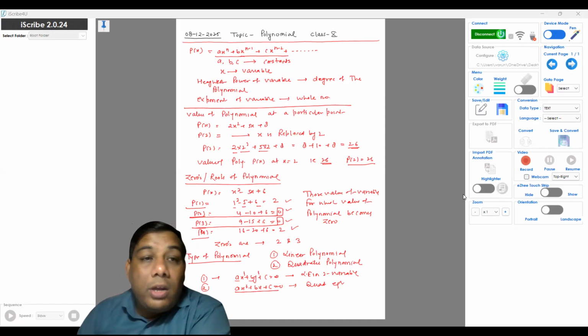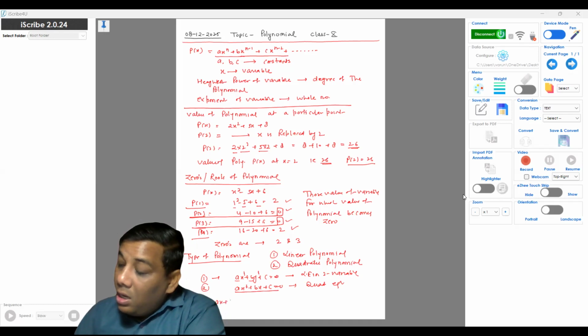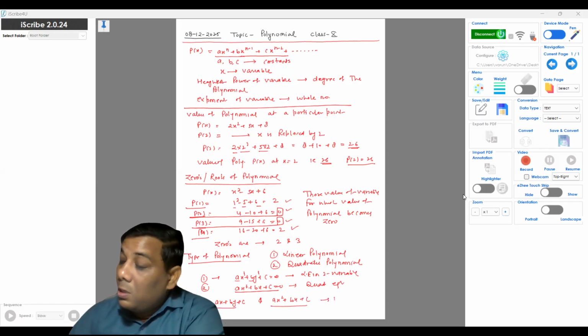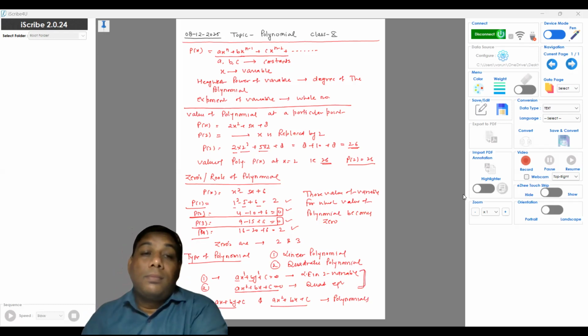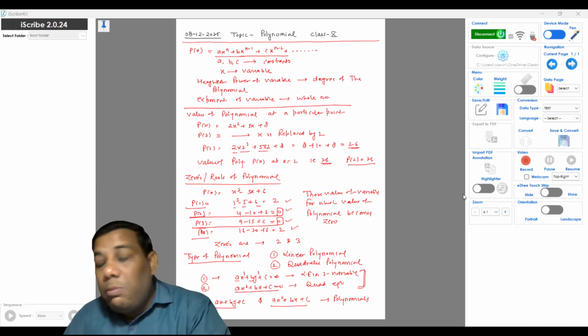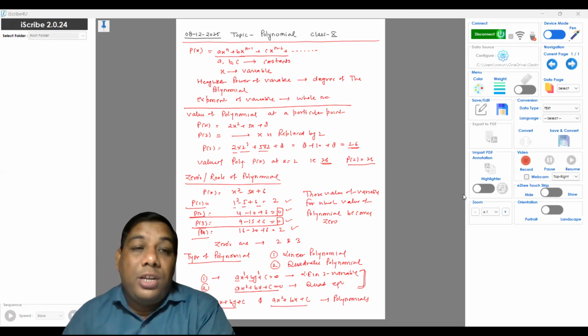A polynomial becomes an equation when it is put equal to 0. If we are talking about ax plus by plus c and ax square plus bx plus c, these are the polynomials. But these are the equations. किसी भी पॉलिनोमियल को अगर हम इक्वल टू 0 रिप्लेस कर देंगे, then it will become an equation. And if it is not equal to 0, only the algebraic expressions, then it is known as the polynomial,